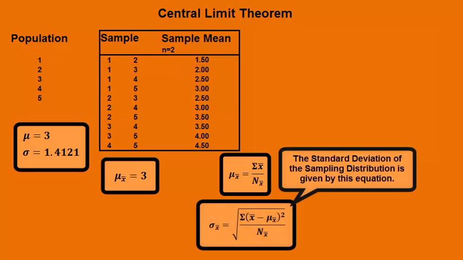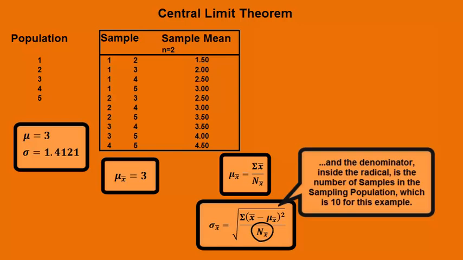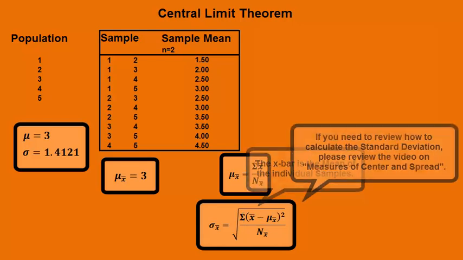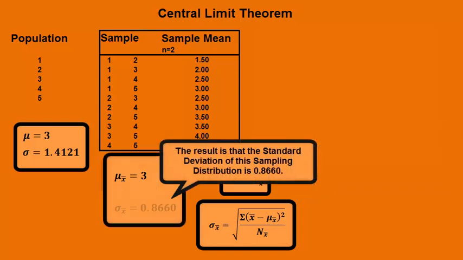The standard deviation of the sampling distribution is given by this equation. The sampling distribution mean is what we just calculated, and the denominator inside the radical is the number of samples in the sampling population, which is 10 for this example. The x bar is the mean of the individual samples. If you need to review how to calculate the standard deviation, please review the video on measures of center and spread. The result is that the standard deviation of the sampling distribution is